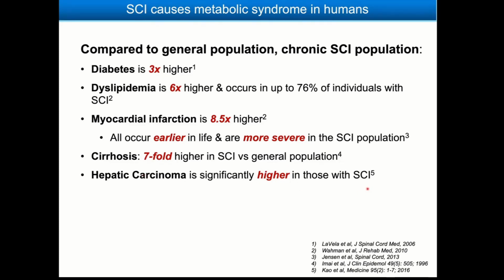So our data are showing that our animal model is ending up looking a lot like an animal model of obesity. And we've done some newer studies in the lab comparing what these indicators look like in obese animals versus spinal cord injured animals. And surprisingly, spinal cord injury is just as severe as obesity, and in some cases more severe than obesity, for some of these outcomes. So look for that data coming out soon, hopefully, and more data we're following up on within the lab.